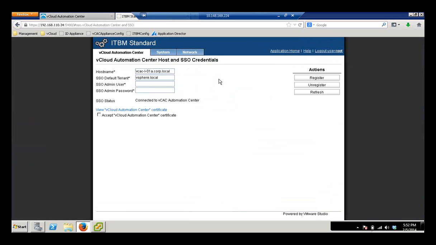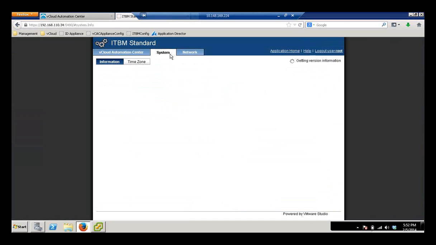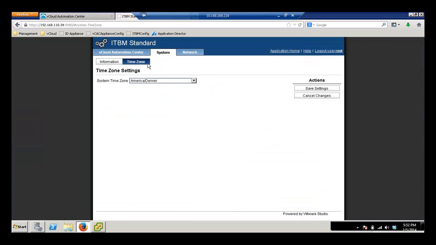Once you have that, you browse to the IP or the FQDN, if you have a host record out there for the box. You log into it using port 5480, which is pretty standard on the appliances. Then from there you walk through a config. You can go over here to system. You're going to want to make sure you have the time zone set. You want all the time zones on all these different appliances to be correct and in sync,